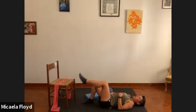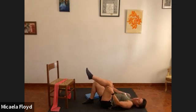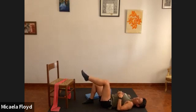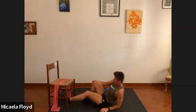If I'm lying down, I'm going to lift one leg up. It doesn't matter which one, I'm going to be doing both. I can hold it with my hands, I can put the strap behind the leg, or I can just keep the leg there. And then imagine a little pencil strapped to the top of the knee. I'm just going to start drawing circles on the ceiling above. So nice smooth movement to see if I can mobilize the hip joint,